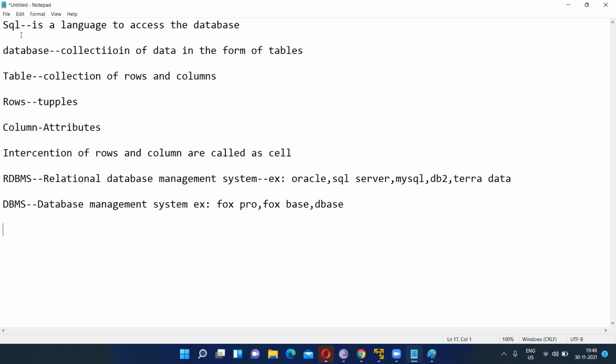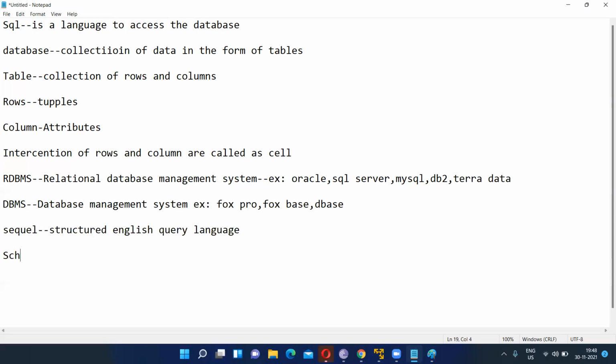In SQL, it is also called SEQUEL. Have you heard about this? SEQUEL is an old name of SQL. It is called Structured English Query Language. Previously it was called SEQUEL also, and some people still call it that. Nothing else, just the name is different. So this is the overall basic things about SQL.